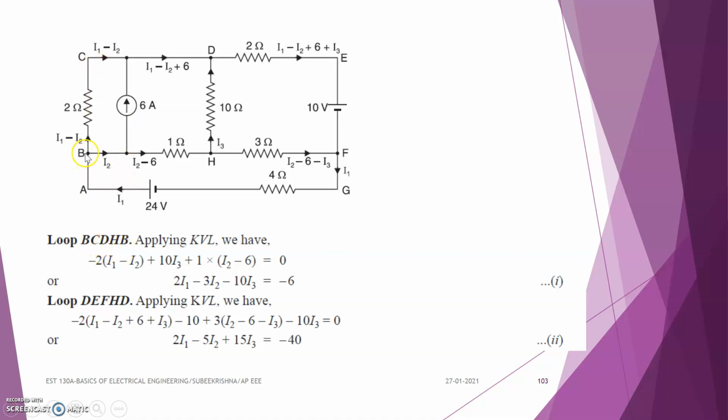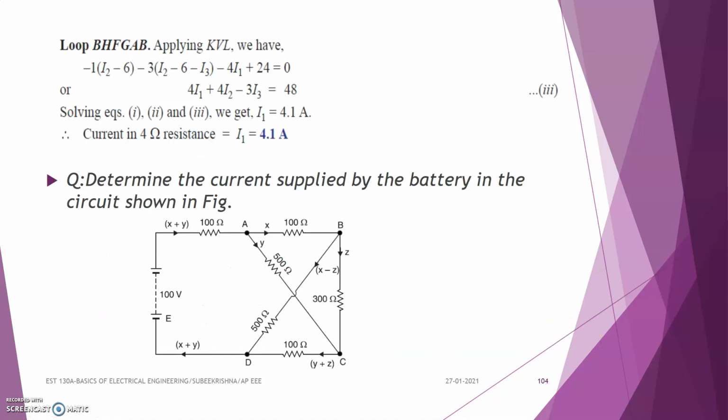BCDHB. For this loop, we get the equation 2I1 minus 3I2 minus 10I3 is equal to minus 6. Mark it as equation number 1. And for the second loop, that is DEFHD, we can follow the same procedure, and we get the equation 2I1 minus 5I2 plus 15I3 is equal to minus 40. This is the second equation. And the third loop